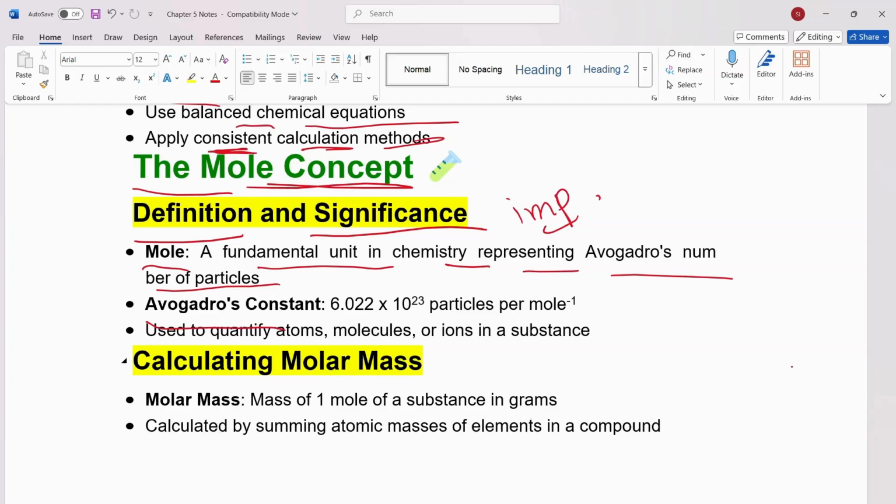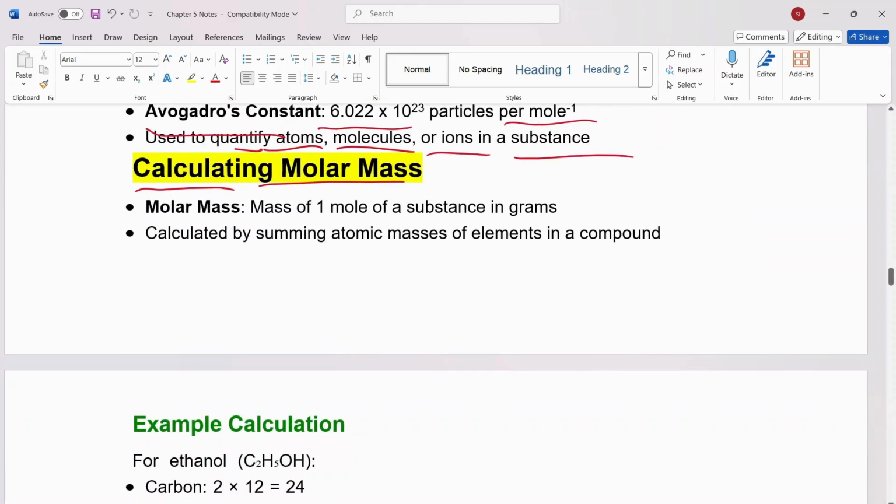The constant is 6.022 times 10 power 23 per mole. Used to quantify atoms, molecules, or ions in a substance. Now, molar mass is the mass of 1 mole of a substance in grams, calculated by summing atomic masses of elements